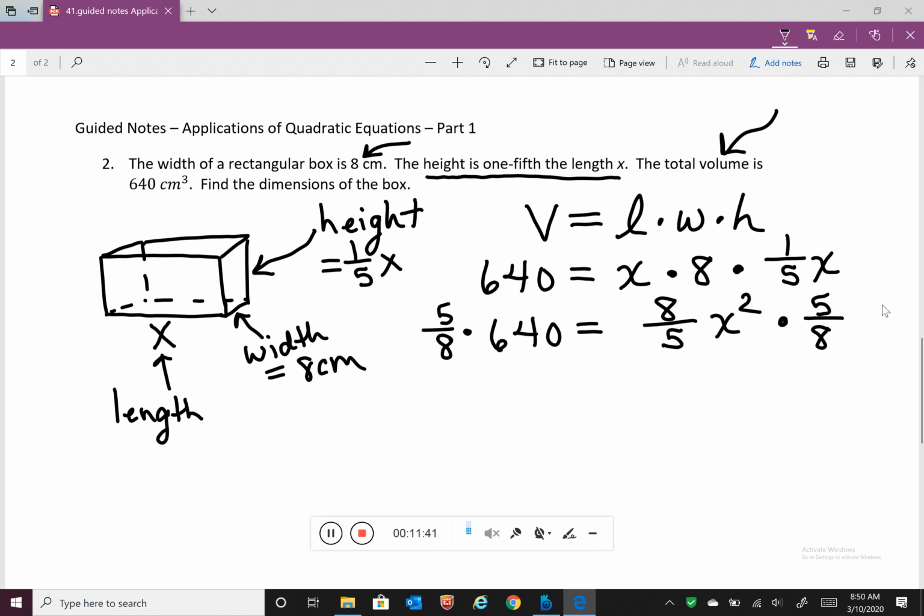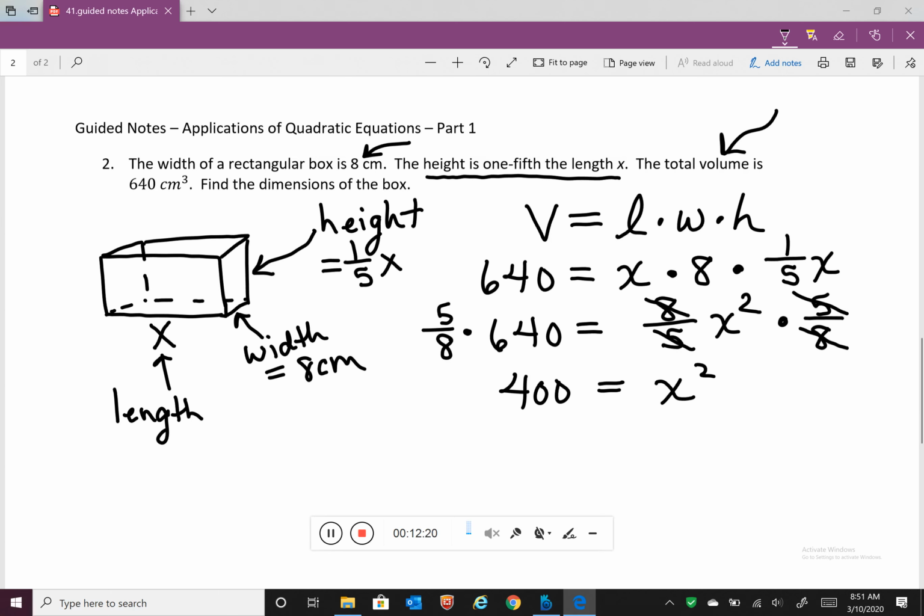And if I multiply by 5, it eliminates that denominator of 5. And if I multiply by 8, it cancels with this denominator of 8. So the 8 and the 5 cancel. Now 5 times 640 is 3,200, but divided by 8 gives us 400. So 400